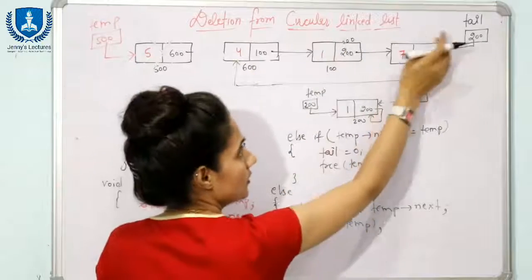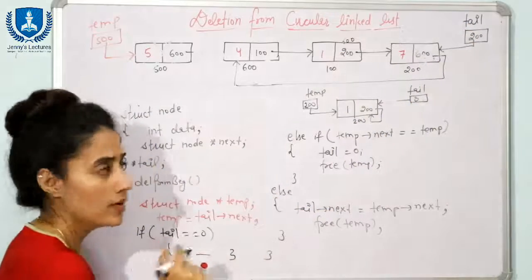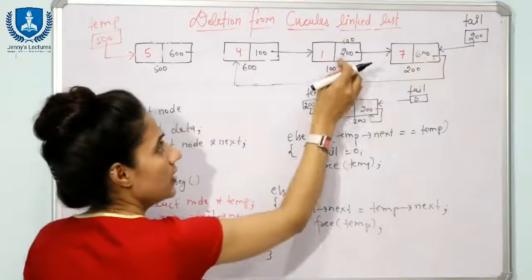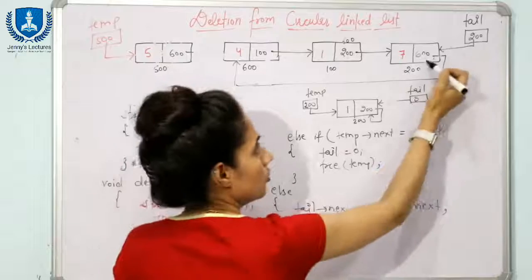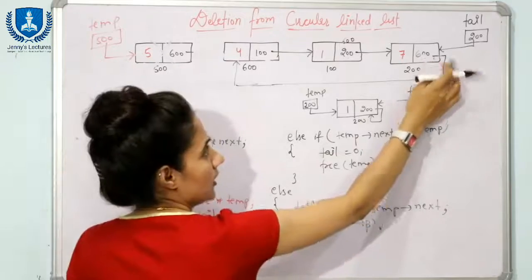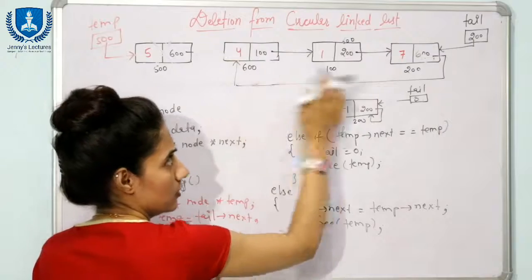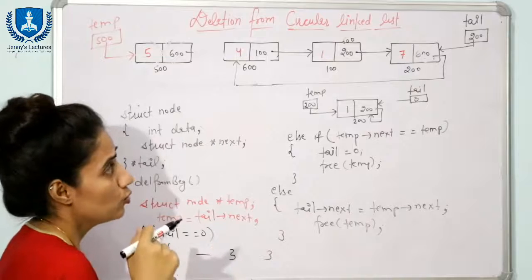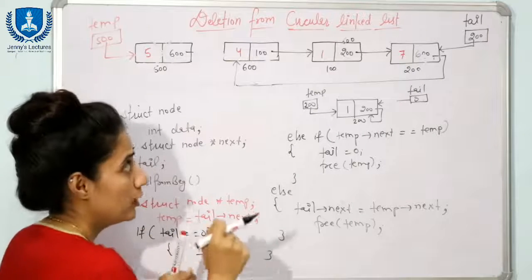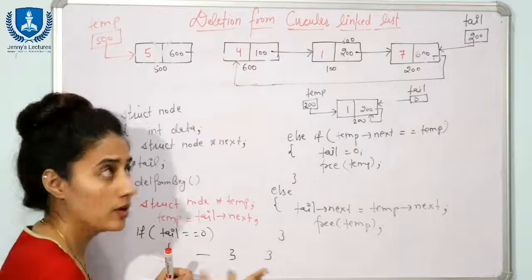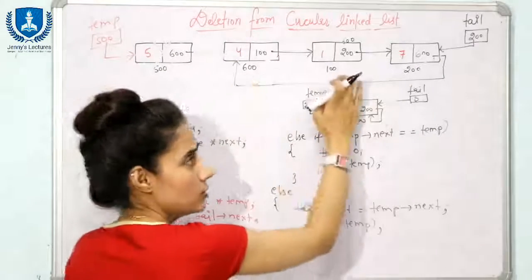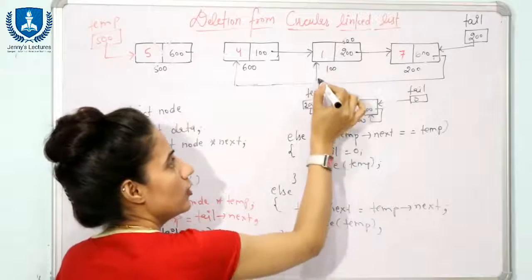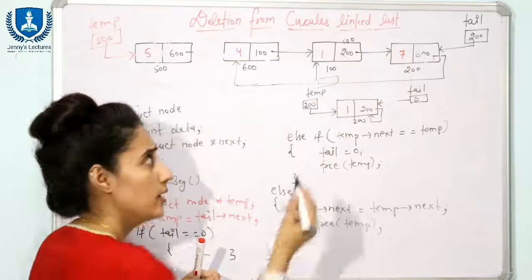Second thing, now after deleting this, tail is also pointing to this node, right? But the problem is how you can access this part, because we don't have any pointer to this node. We have a pointer only to the tail node, and this node is containing the address of the next node here. Fine, this is not containing the address of the previous node as we have seen in a doubly linked list, right? So now here also you need to maintain some other pointers. Now suppose we have traversed the list, right? And we have reached till here. Now one pointer is pointing to this node, suppose, right? Now we can access this part.